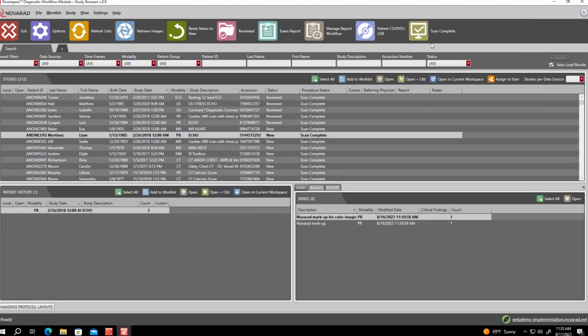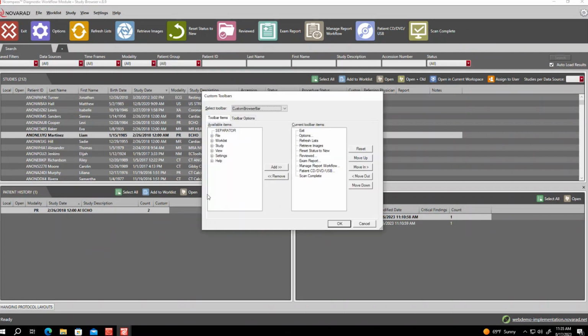The other area I like to show everybody is our customizable buttons on this top ribbon right up here. This is generally the default that most of the facilities see when they log in, but these can be modified to whatever works best for your workflow just by right-clicking and hitting Customize. When you right-click in there, on the left-hand side is going to be a list of all of the different buttons and tools that you can add to that toolbar. On the right-hand side is going to be what you're currently displaying. So you can add and remove buttons depending on what you use the most.